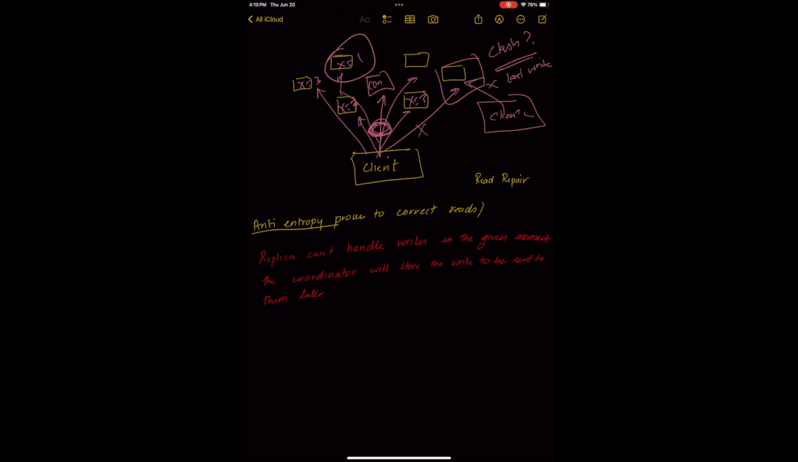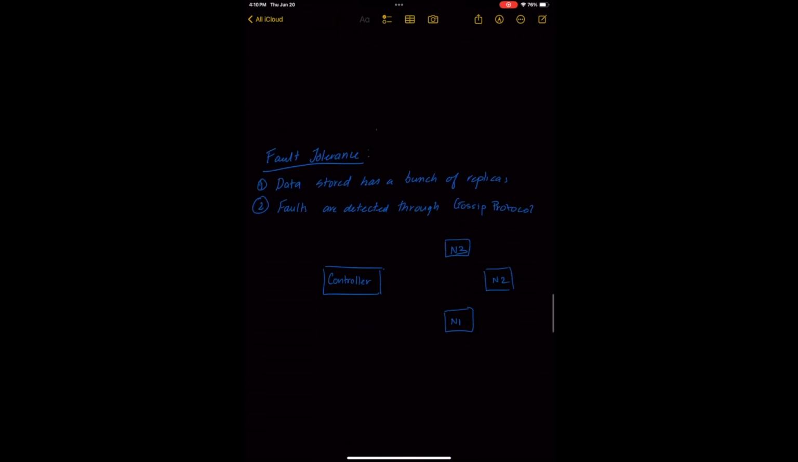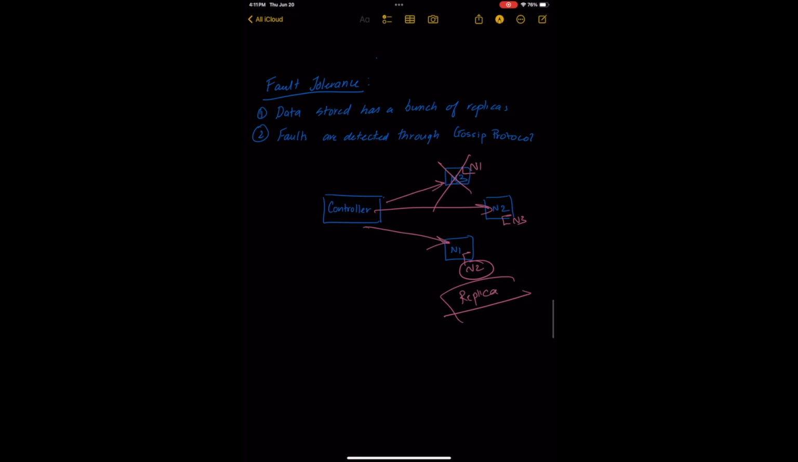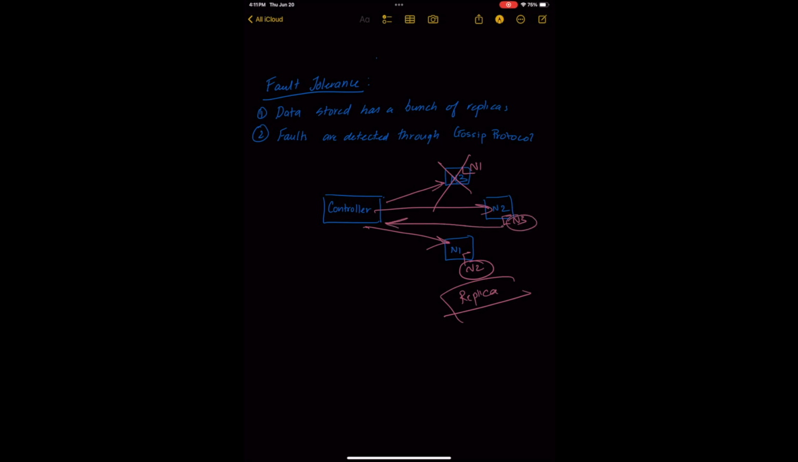Because the data is being stored in a bunch of replicas, the faults are detected through the gossip protocol, so now it is fault tolerant. This one also has some replica on the node. So if n1 dies or this n3 dies, the controller will see that, let's say over here we have n3, so we can send this data back from here. Faults are detected by gossip protocols, which are nothing but the controller asking the nodes for a heartbeat: are you responding? If not,